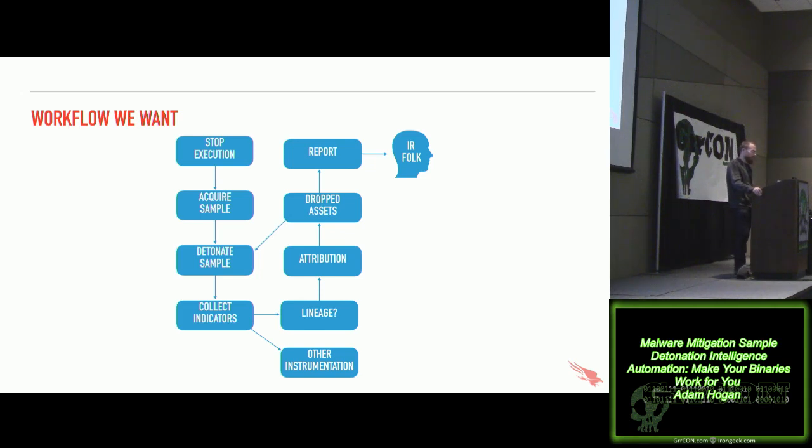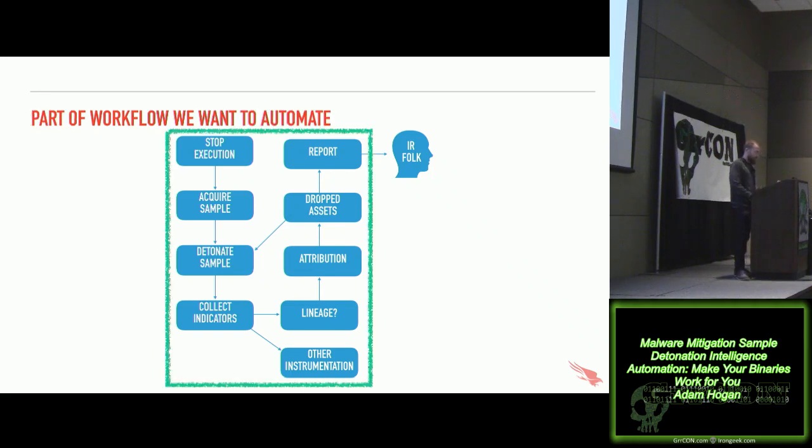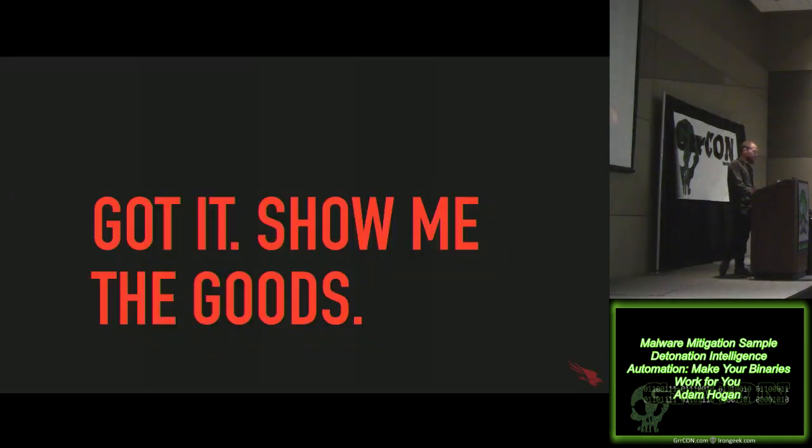And of course, if we are doing dynamic analysis, we want to look at what it drops, and try to get a better idea of the family of TTPs the threat actor might be employing here, and then start to build a report on it. And of course, we want to start to automate that because that requires a great deal of experience and knowledge to do. And even if you have that on staff, it requires a great deal of time. All right, so how do we want to do that?